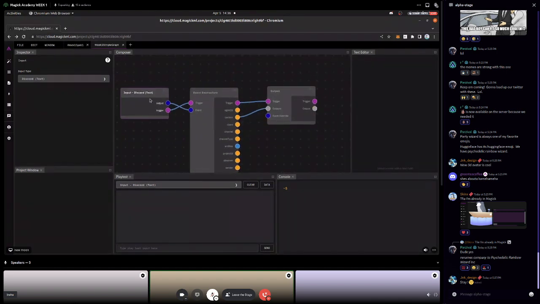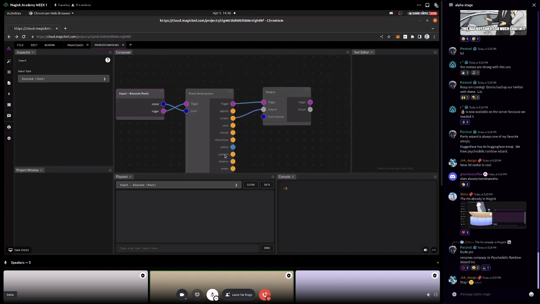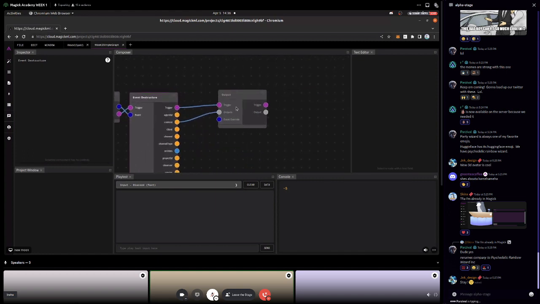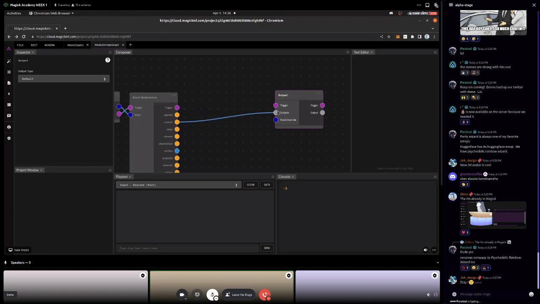Even though it says Discord input, I can also play test it here. This is great for testing any of my inputs. So I'll leave it as a Discord input. I destructure the input. I get the content. Now I need to do some sort of chat. I need a completion. So everything that we did in the sandbox earlier in OpenAI, now I need to do that here.